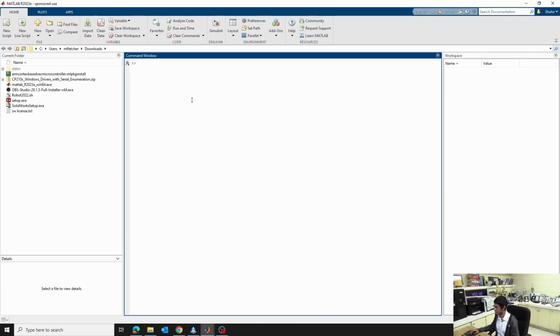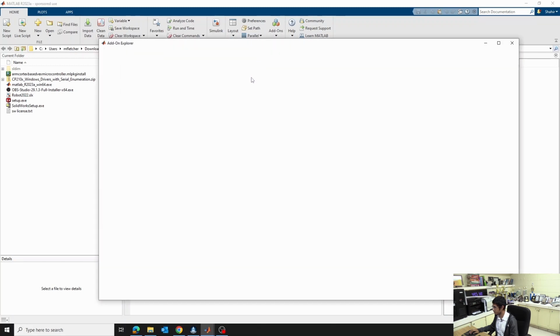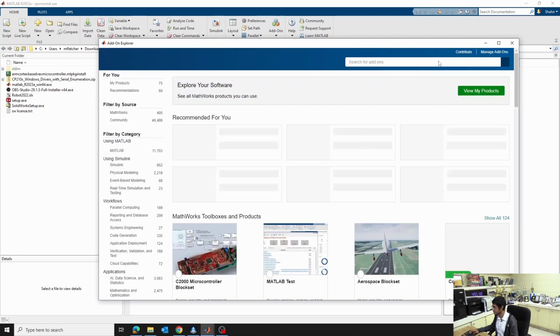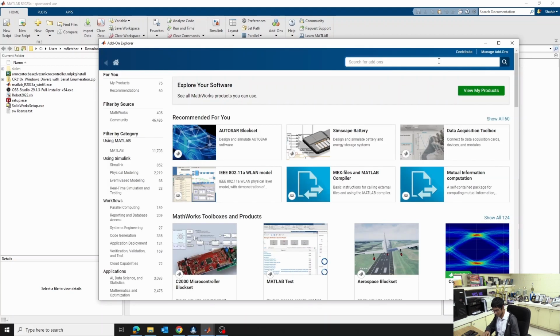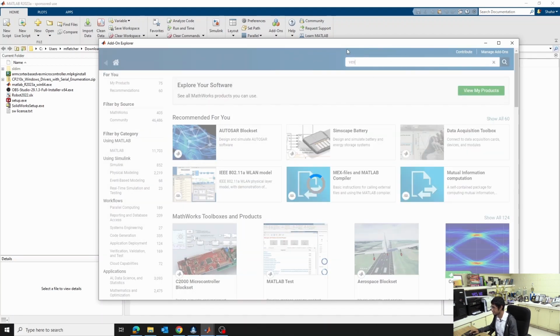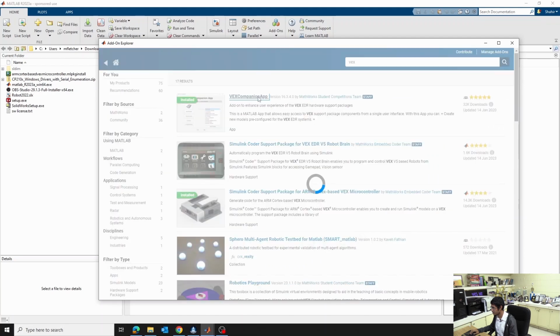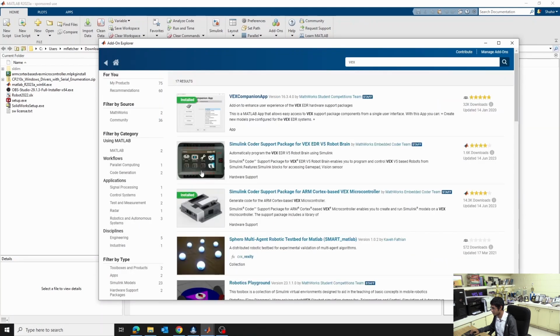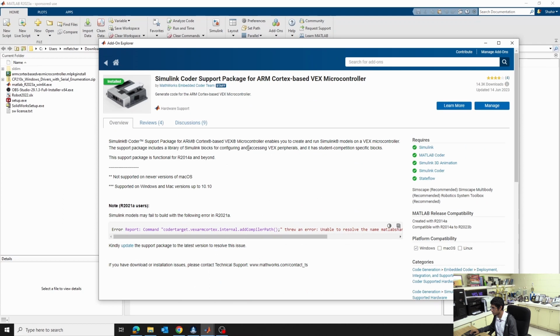After you get MATLAB opened, we'll need to install a couple of add-ons which allow us to write code that runs on a VEX Cortex. So click here on Add-ons and search for VEX. The add-ons you need are the VEX Companion app and this Simulink coder support. Once again, you may need admin access, so make sure you try these in advance so you can sort out